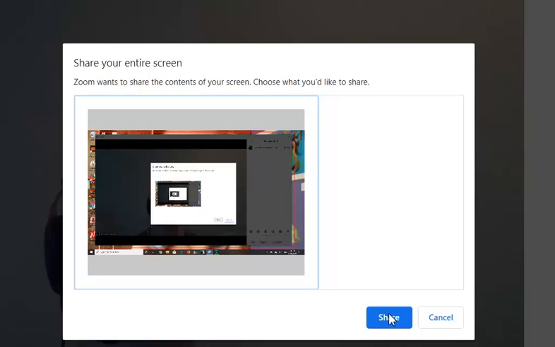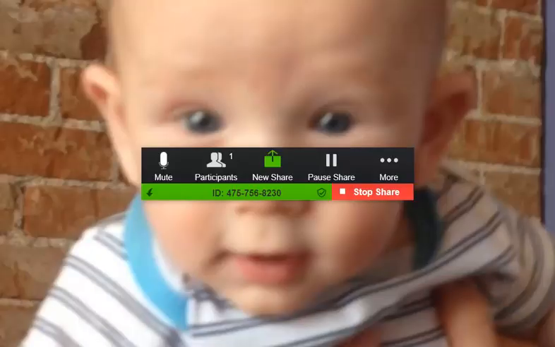Once you select what you want to share, you'll click the Share button, and then your computer screen will be the one that everyone sees on the Zoom call. While you're sharing your screen, another menu will be displayed, and it allows you to stop sharing screen, pause the share, add a new share, and mute